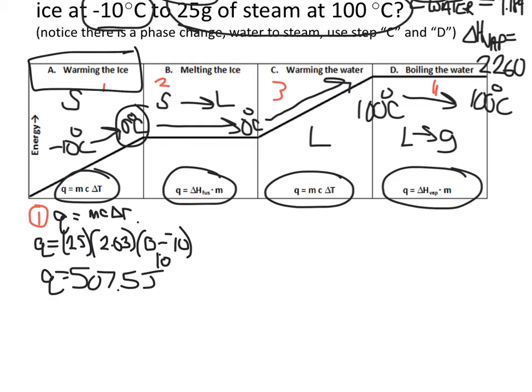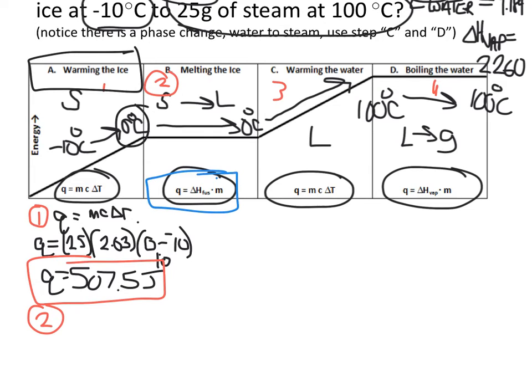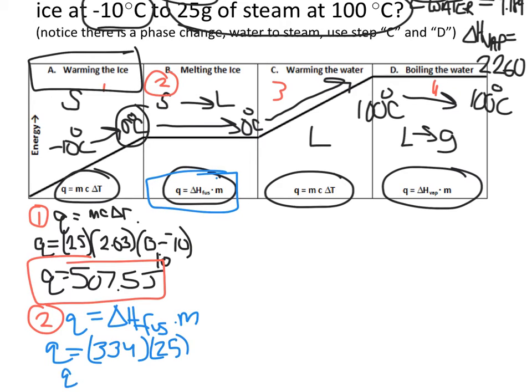Okay, so that's part one for my energy Q value, but I'm not just there. I need to go to part two, which is melting the ice. So if I'm going to melt ice at 0 degrees Celsius, there's no change in temperature. So that means I'm going to use the equation that has to do with melting, which is the heat of fusion. Now my value for heat of fusion is specifically for water. So if you remember from our previous slide, the heat of fusion is 334 for water, and we're going to multiply that by the mass of the water or ice, which is 25. If I throw that in my calculator, I end up getting